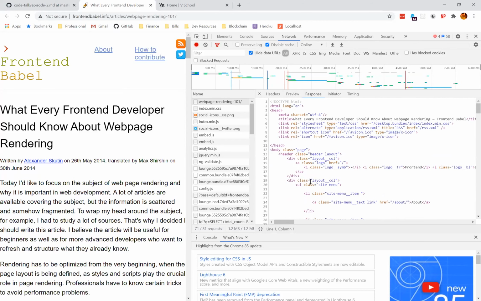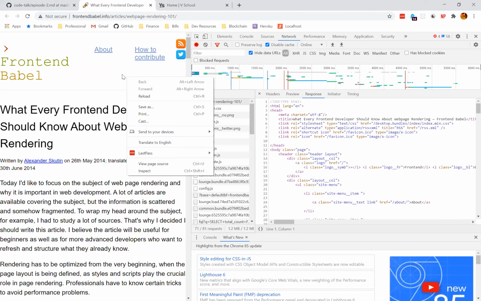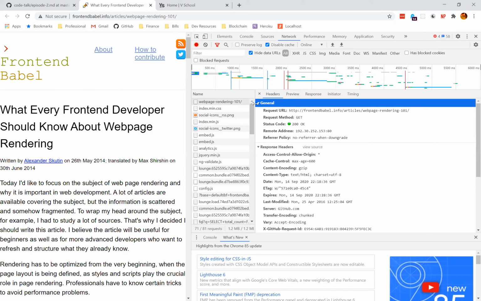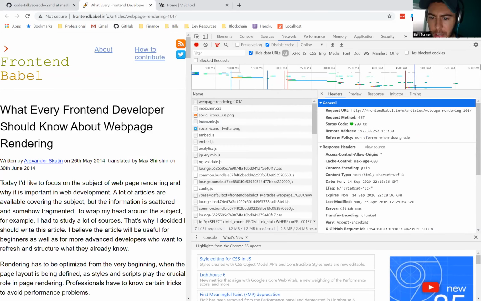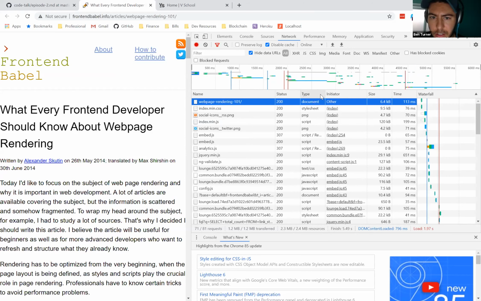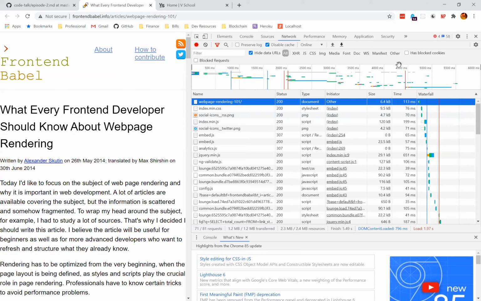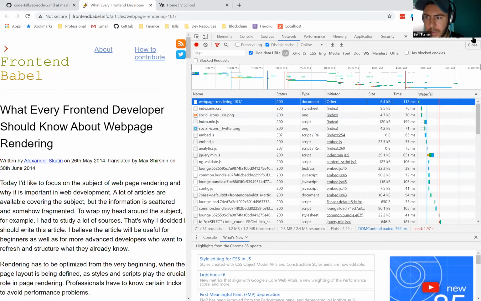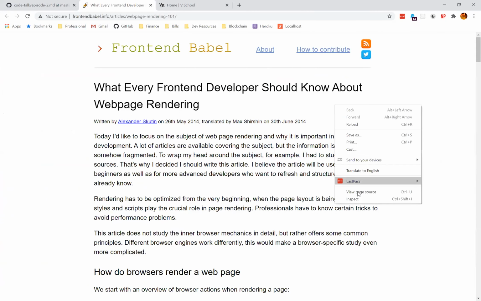How did you open that little part? I'm sorry, I'm trying to follow along and I missed it. I got the name and I got the network and saw the big list like you have. I just wanted to see the headers and response and preview, how you got that little tab to come up. So that tab should just exist. I don't see anything after waterfall. There you go. What did you do to do that? I exited out of it.